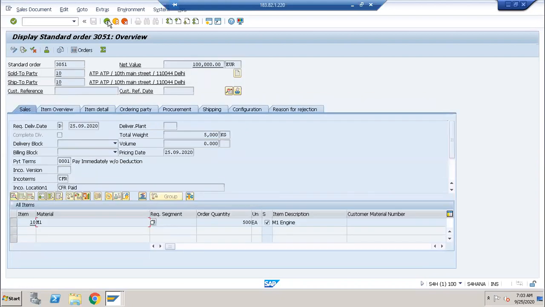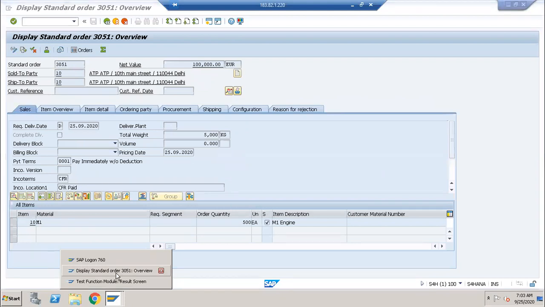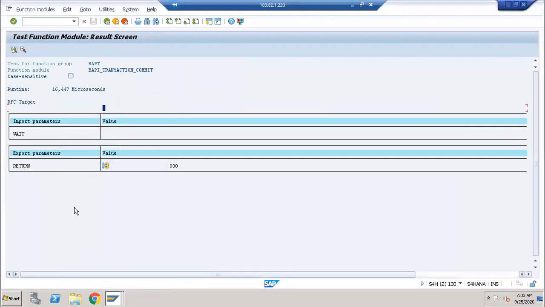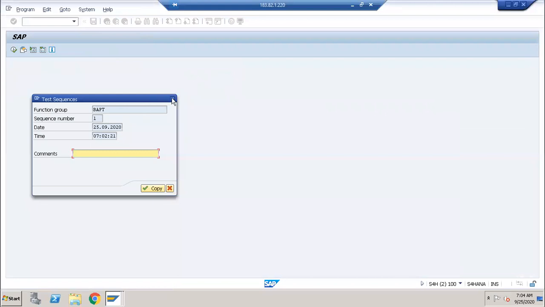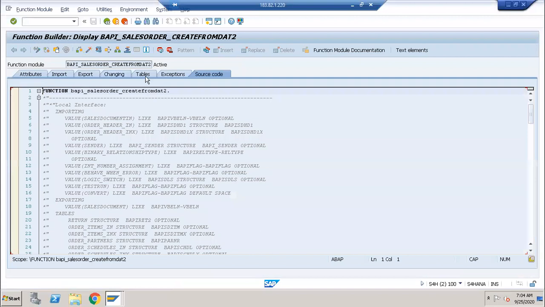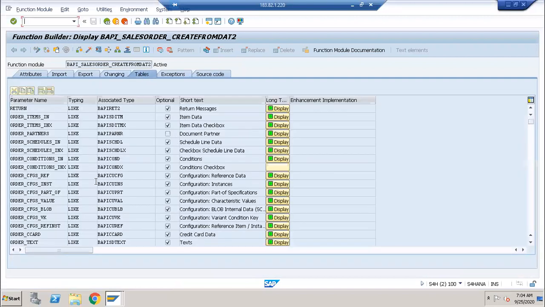So if you are giving some data, then in the function module also we have to fill the data. So this is the function. So in the function module, in the tables tab, you have to fill another table, internal tables also.